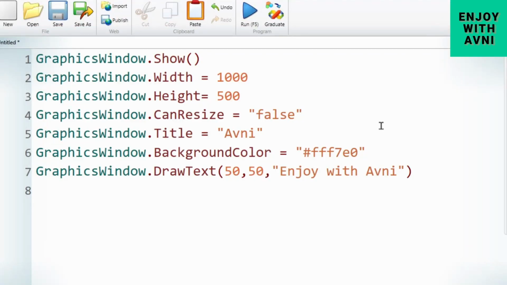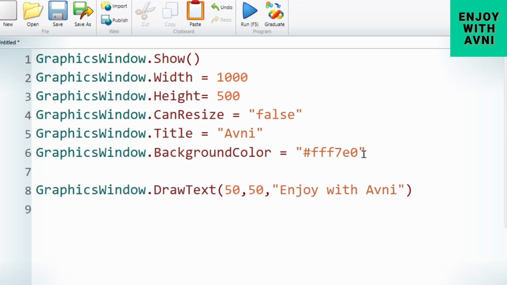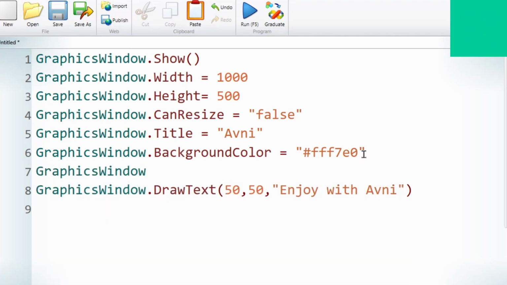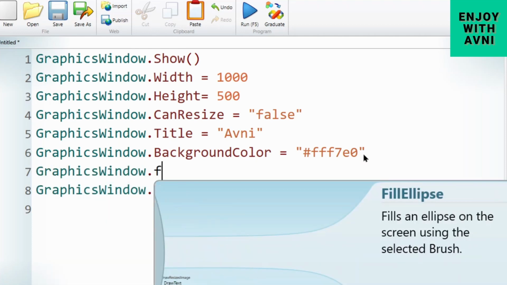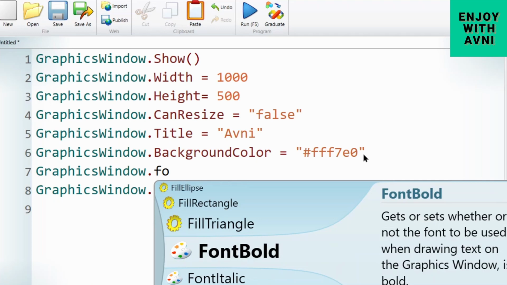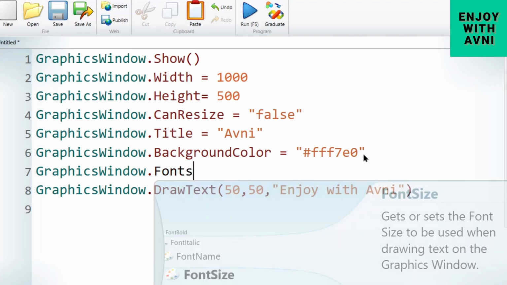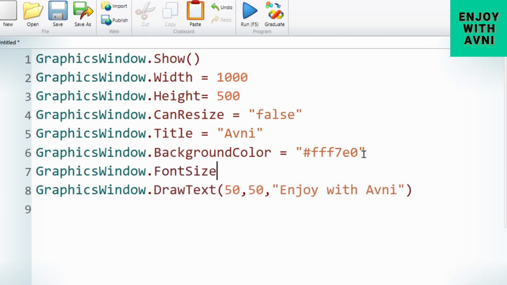For changing the font size, we have to write the font size before the DrawText. Here you write graphicsWindow.FontSize equals, here we can write 50.